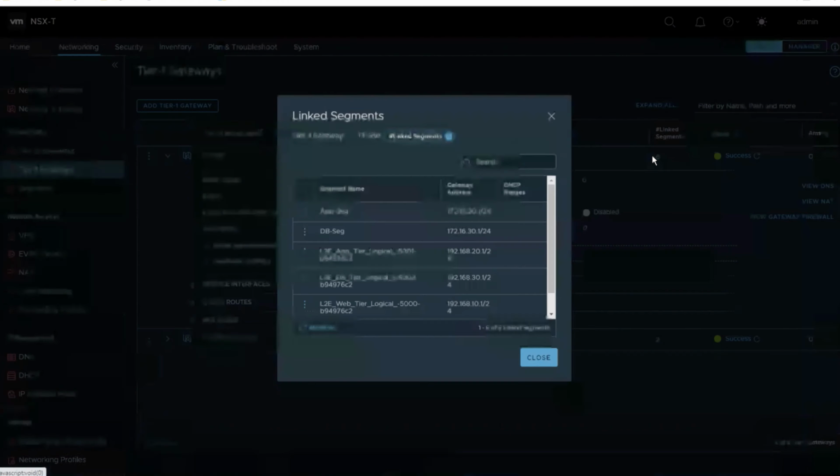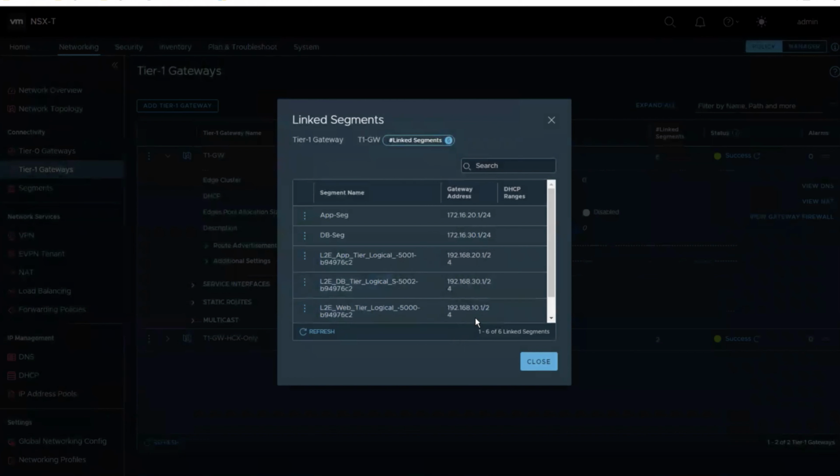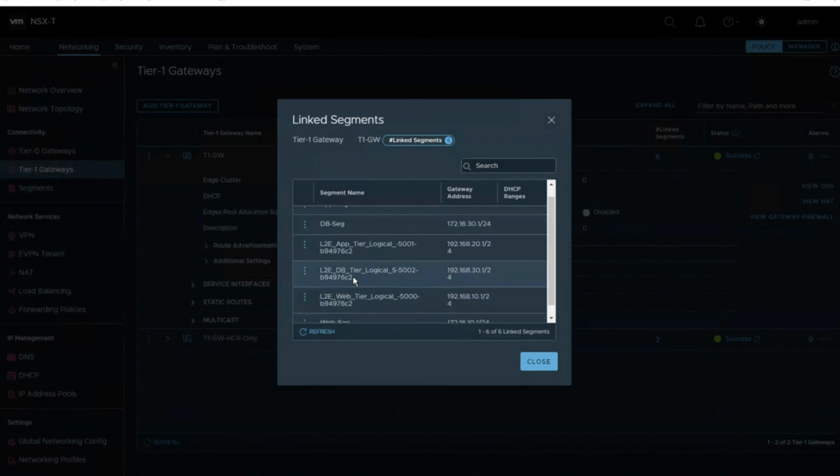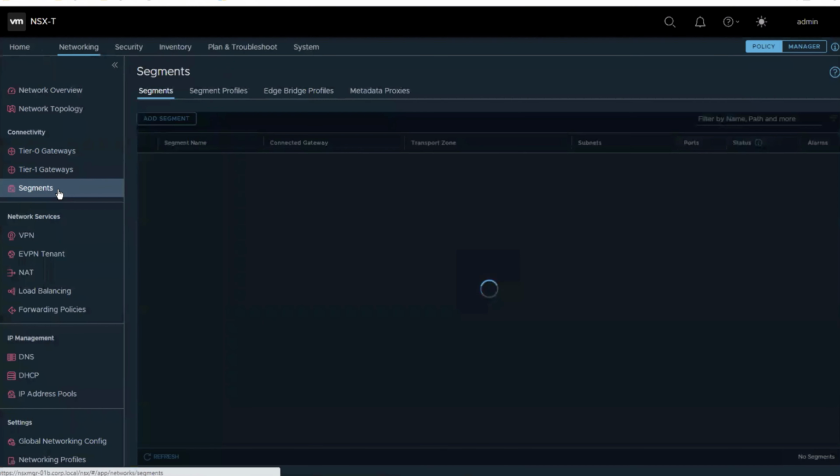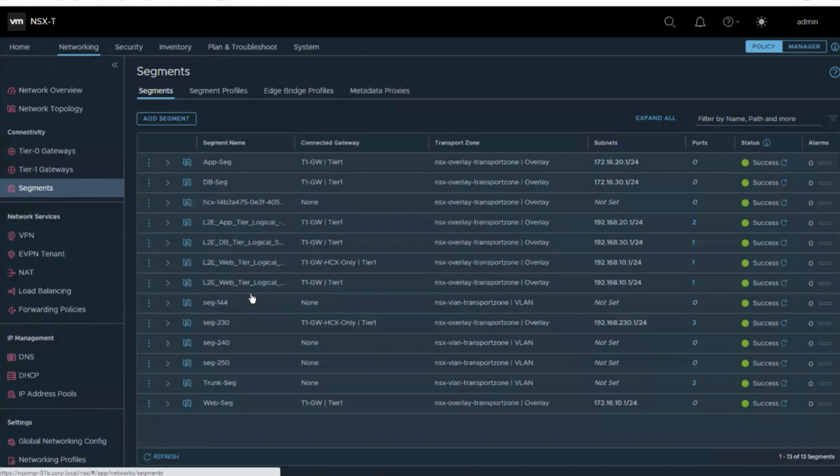So I have all the extended segments from NSX from HCX, which start with L2E, and these are the IP addresses, which are like a gateway here. Currently, it is being used, and it is the same one which is currently used for NSX V. But I wanted to show you one thing here. If I go to the segment and select one which is currently extended,